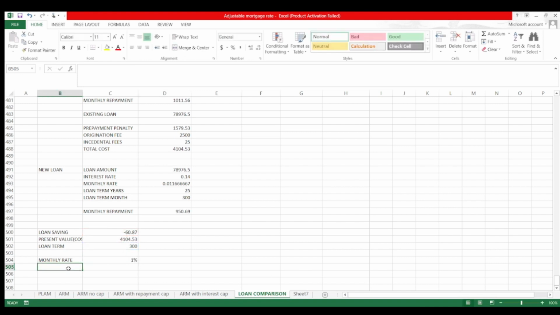And then we also need to multiply it by 12 for us to get the yield. So the current yield on this saving is